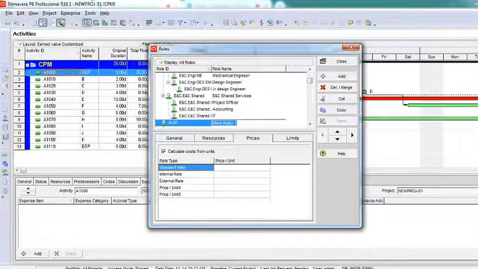Second, roles are only for human resources. Material cannot perform any roles, but material is also a resource. Machine cannot perform a role, it's only a resource. So only for human resources do we have this option called role. For the rest, we'll just have to create resources.